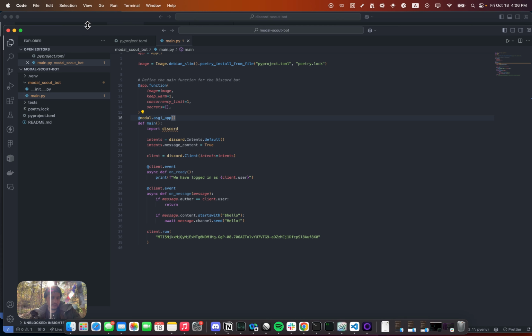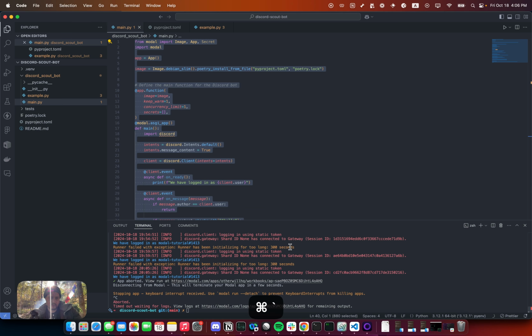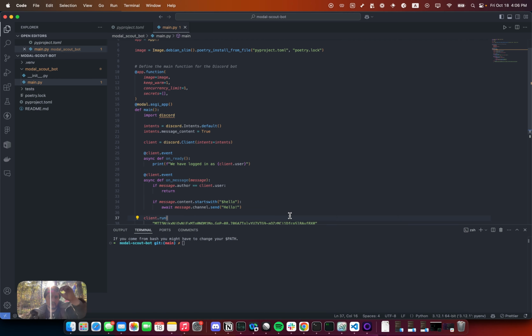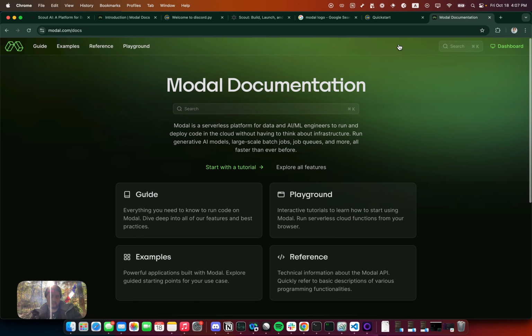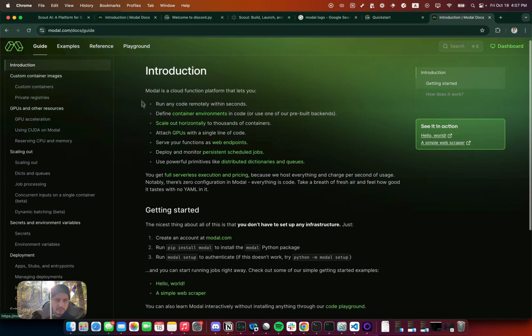So let's see here. Okay. So, how we can run this is: first thing you need to do, if you don't have an account, go to Modal, sign up, and then you have to download their CLI. I think you just do pip install modal. So just go through this getting started guide here. So assuming you've got that set up,